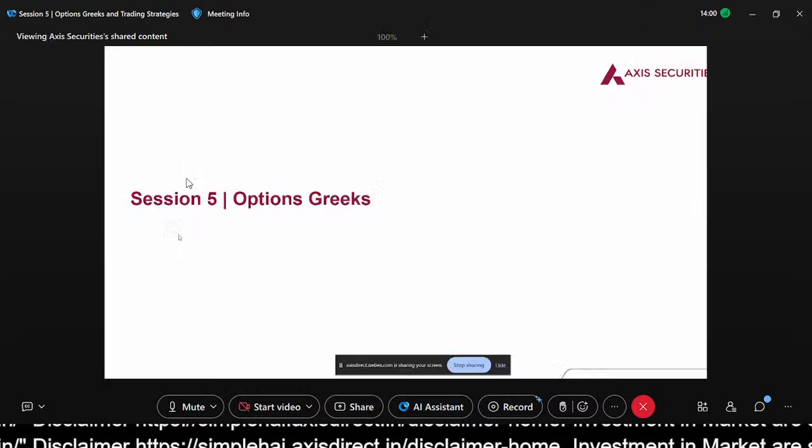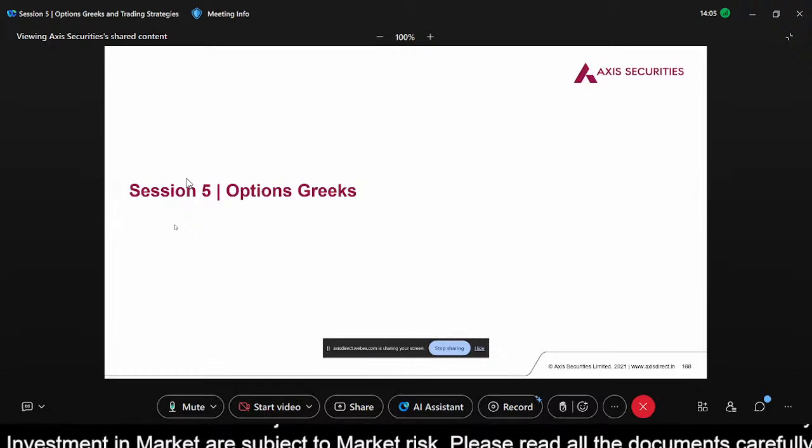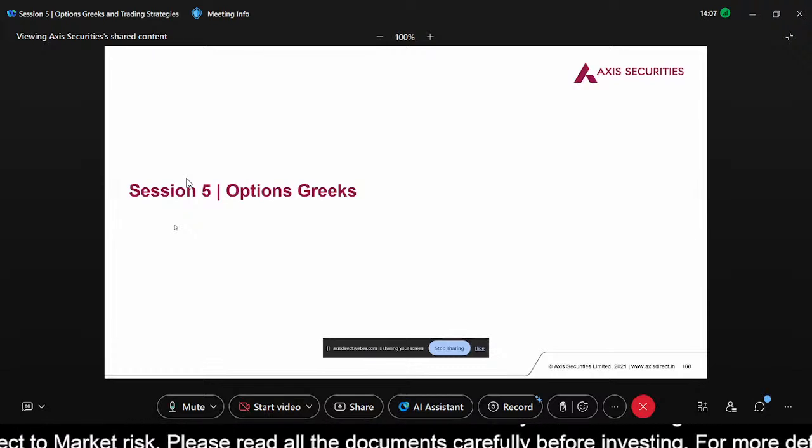Hedge, right? This was the basic purpose behind options. As we discussed previously, options can